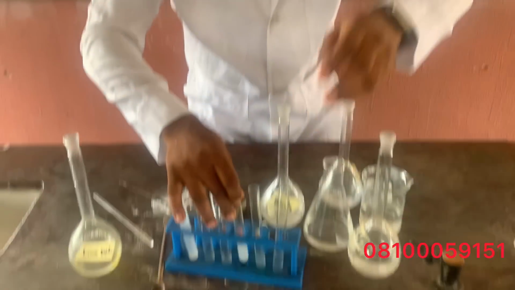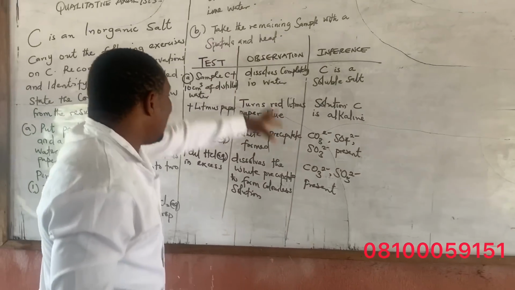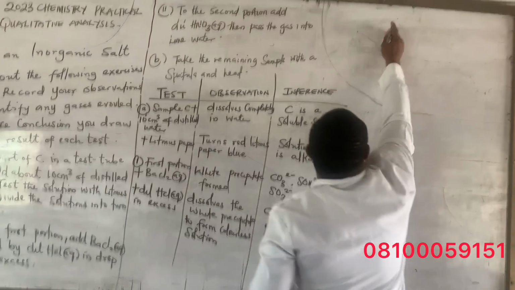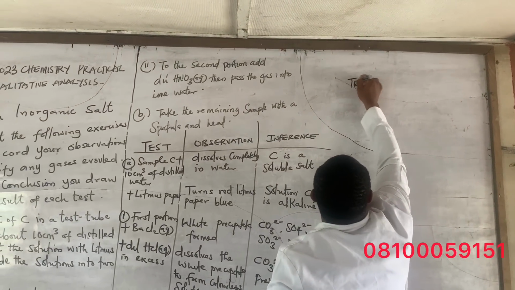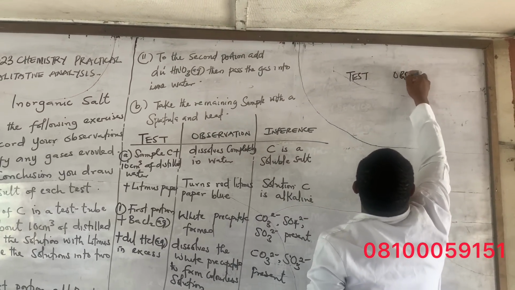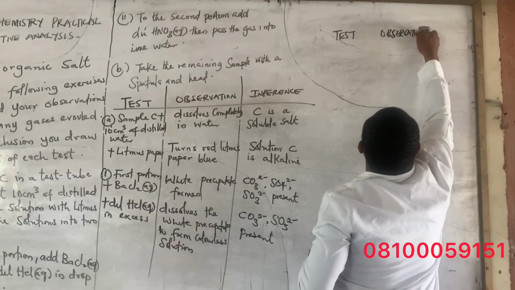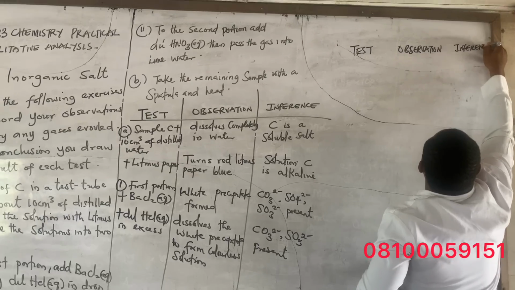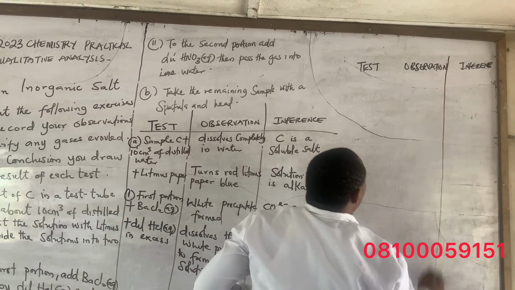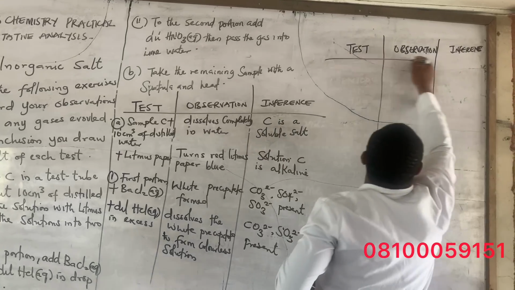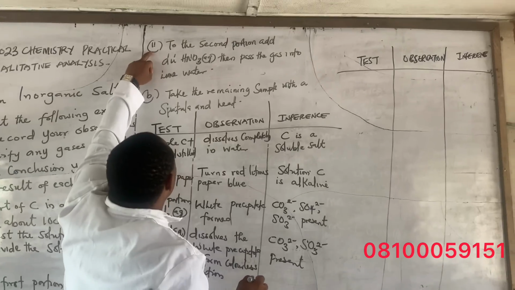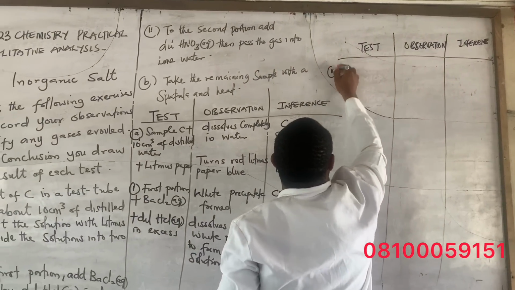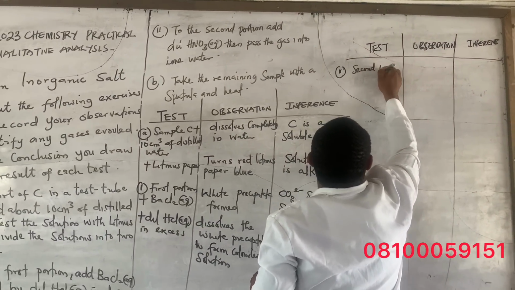So let's have our test, observation, and inference now. So for the second portion, let's have it here. So, observation and inference. Okay. Don't forget, I've told you the numbering is very important. What is the numbering here? That is a Roman figure 2. We have 1 here, so we have 2. Okay, so the second portion